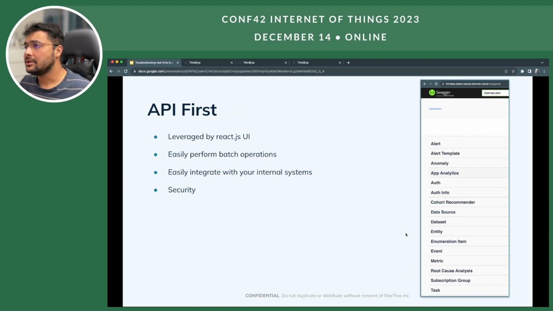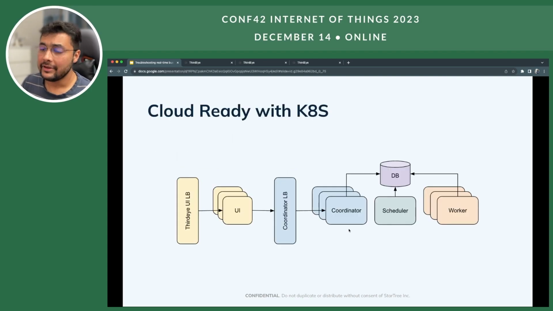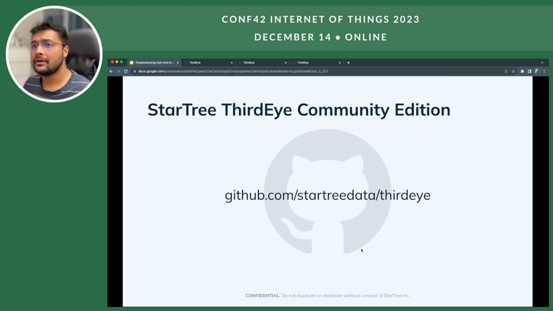All right, so ThirdEye is obviously API first. We do this for pretty much everything at StarTree, and the idea here is to be able to build applications on top seamlessly, which gives you a lot of scope. Pretty much everything that we have shown you on the UI is very easily integratable using the APIs provided by ThirdEye. We are cloud ready as well. You can deploy us in Kubernetes. We have a Helm chart. And we are available at GitHub. We have a community edition, and that is available at